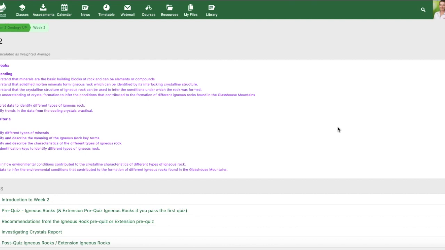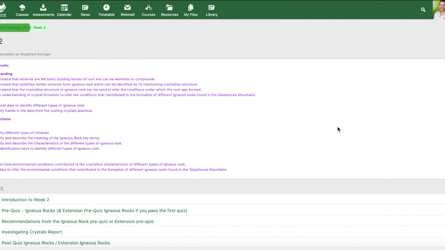Into geology again, and this week we're going to be learning about igneous rocks. For anyone who remembers back to their primary school science, igneous rocks were also called the first rocks because they're rocks that are formed from magma and lava. So they're the very first rocks to form in the rock cycle, and the other rocks are derivatives